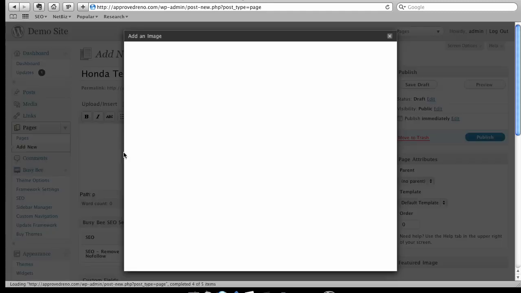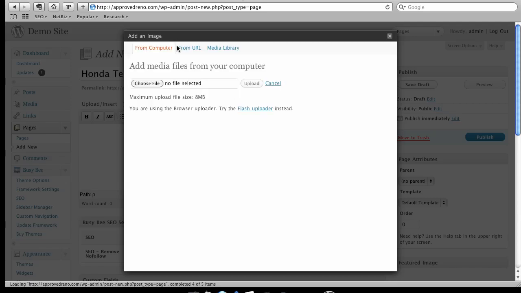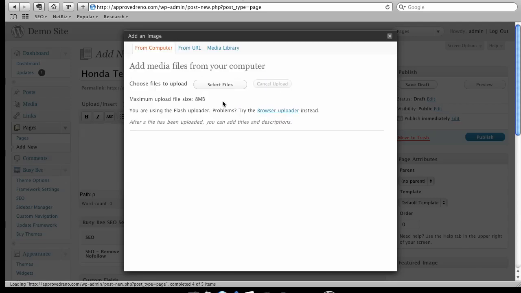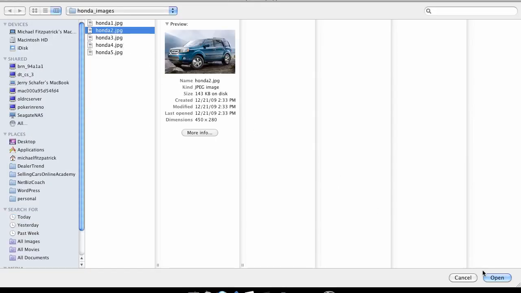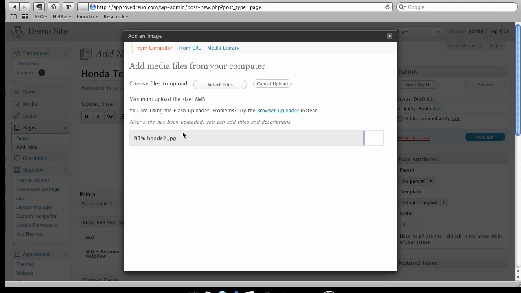So I'm going to browse out. That little link I just hit was for adding an image, and now I'm going to select files. This browses right out, so let's pick that one and then we'll open it up. It uploads it into the media gallery and then also attaches it to this page. And once it's done loading,